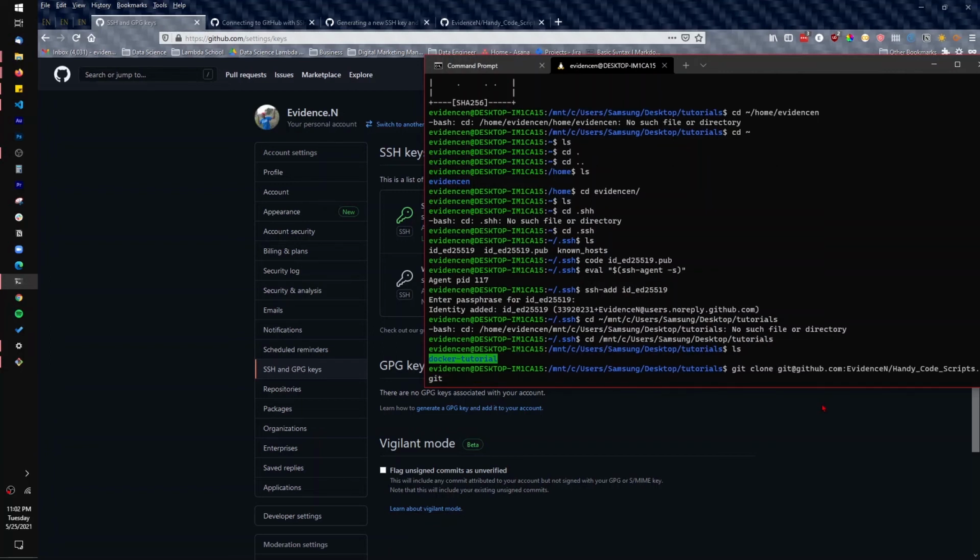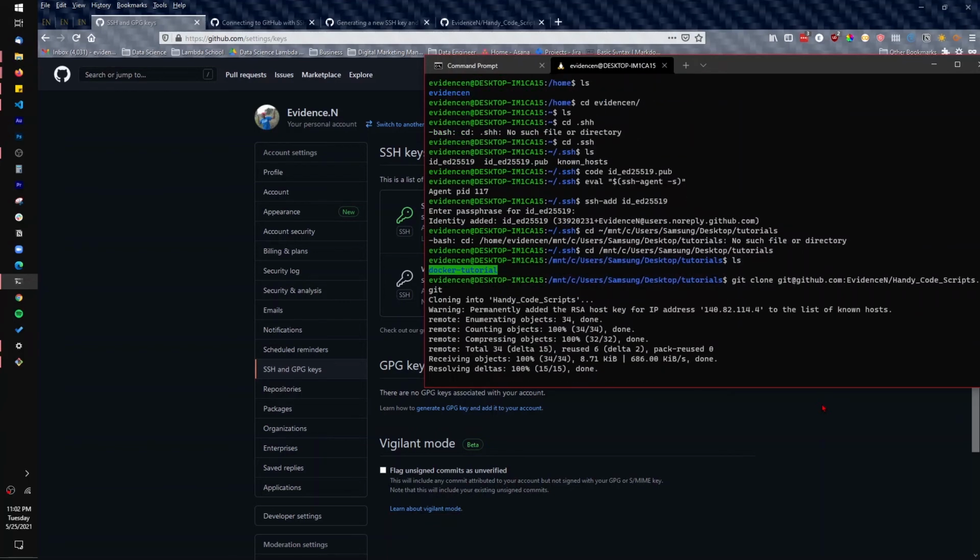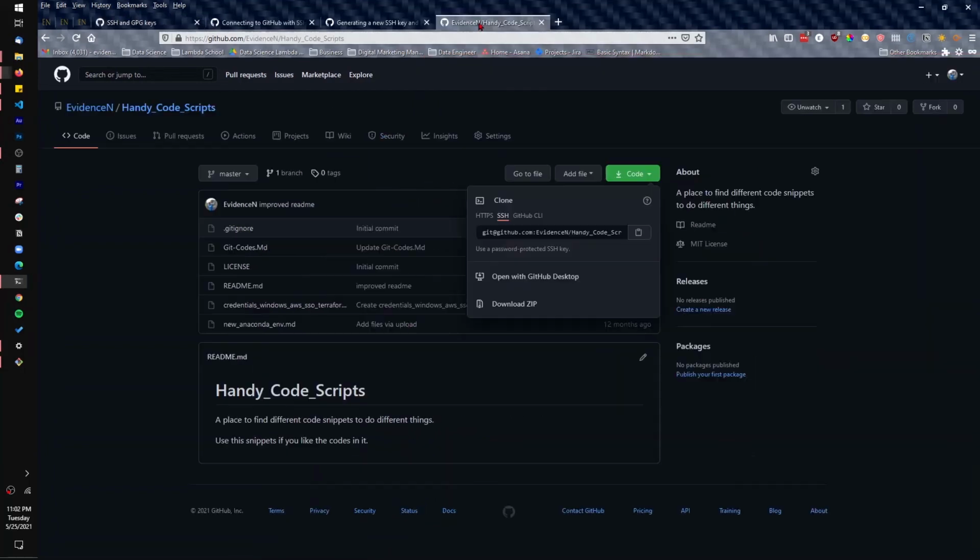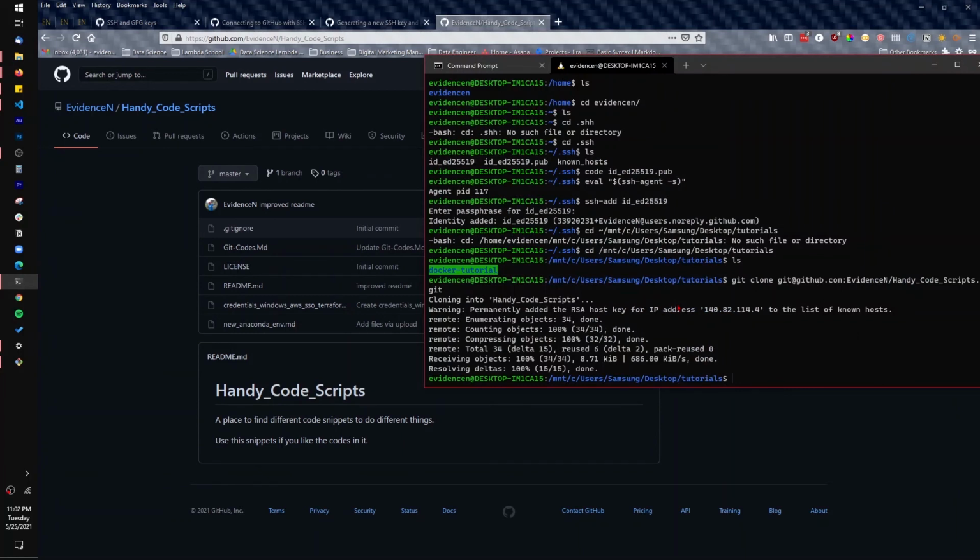And you're going to press enter. And it works. It works. Isn't that amazing? So remember the first time I tried to clone this repo with SSH, I got an error message. It says, permission denied. Hey, you don't have the right to do this. Go away. But now that we've added SSH for Windows Subsystem for Linux, we can use SSH to clone our